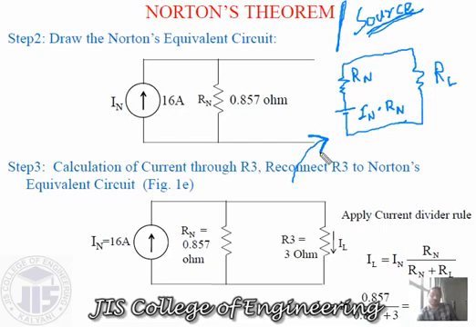Suppose you are going to solve the same circuit by using Thevenin's theorem, your ultimate result will be this one, and this value will be exactly the same as your previous Thevenin voltage and this RN. This is nothing but the same for Thevenin's theorem and for Norton's theorem. This RN or RT, they are the same value. So in this way you can solve any circuit.